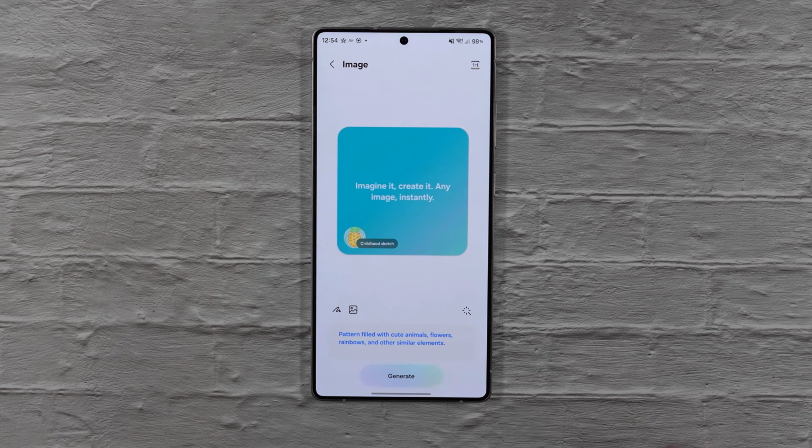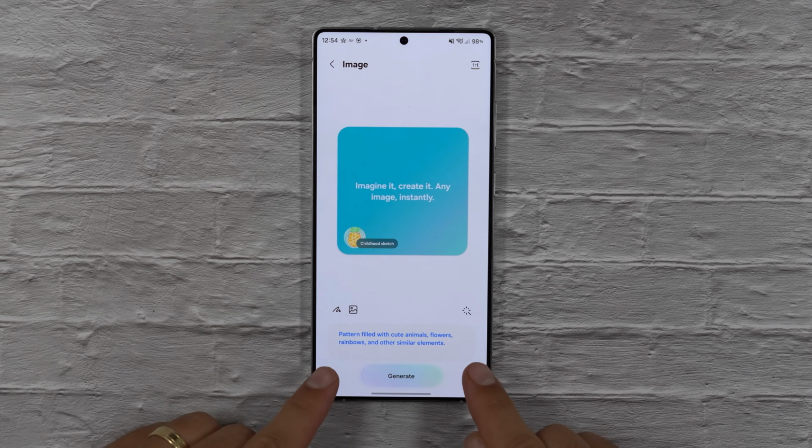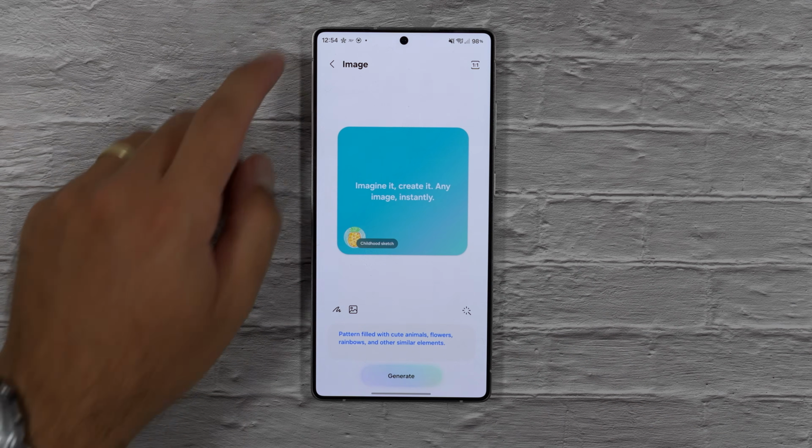Clicking on one of them, it does take you through to that childhood sketch, and then it gives you a sort of a prompt automatically generated, which you can then generate. We'll talk about this interface in a moment because I want to show you the rest of it first. Going back out of there,